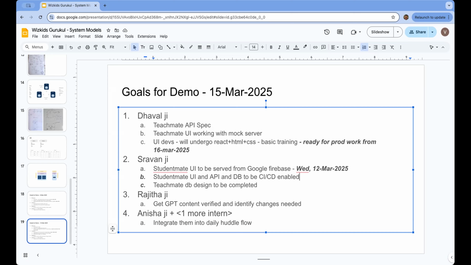Rajita ji? Yes, Vijay. Okay, in case he comes back, you will be fine tuning and giving him the feedback, right? Yes. Okay, so this one will continue. And then in addition to that, the UI learning, all of you will be doing the UI learning, right? Okay. And Anisha ji, like I said, can we focus on building the